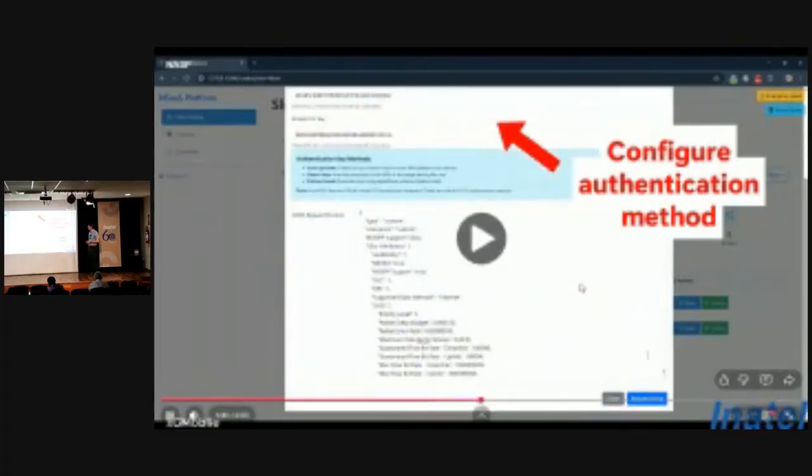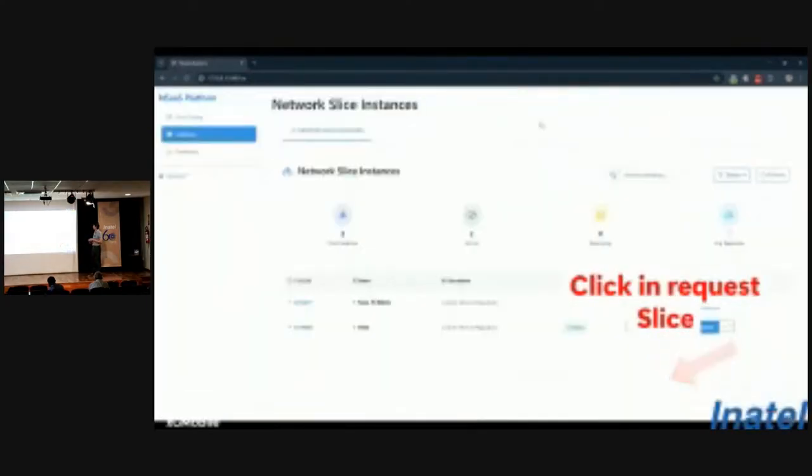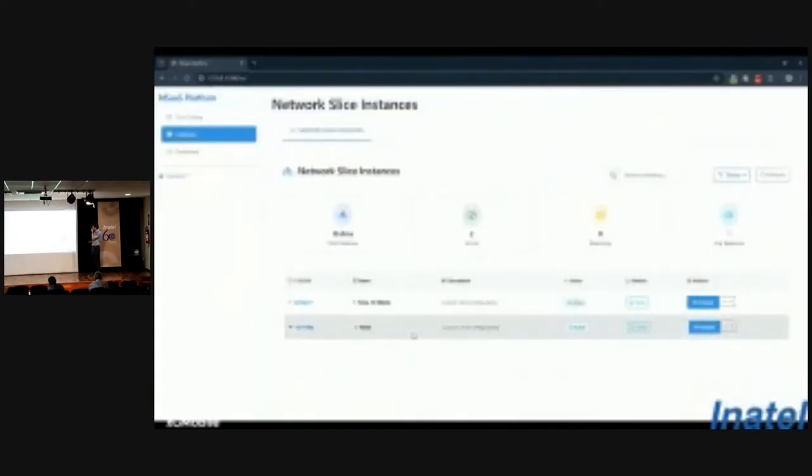Let's view, okay. It's not playing, so I'm requesting. Now I need to check on the core if this slice was created. So, NASP says that it was deployed okay.